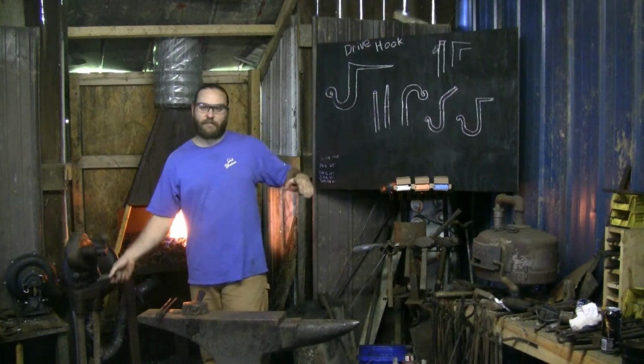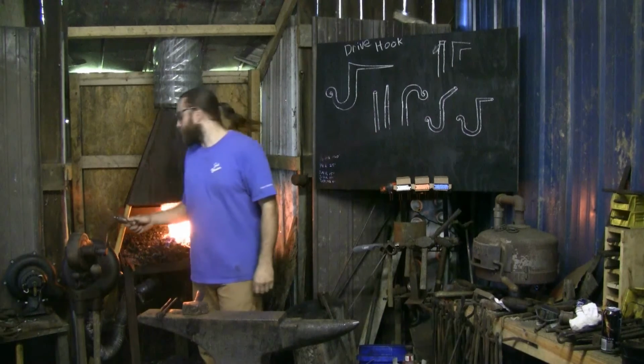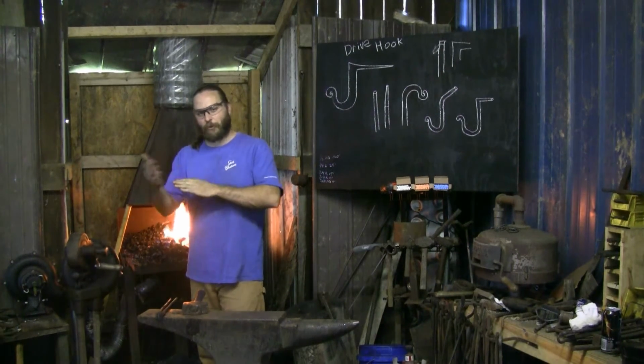After that, I'll be able to cut the section off and turn it around, and I'll be holding it from the hook end to work on the other piece. That part might be a little hit and miss for me because I'm not sure how much stock I want to cut off,